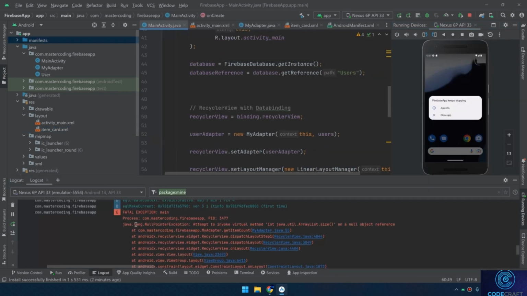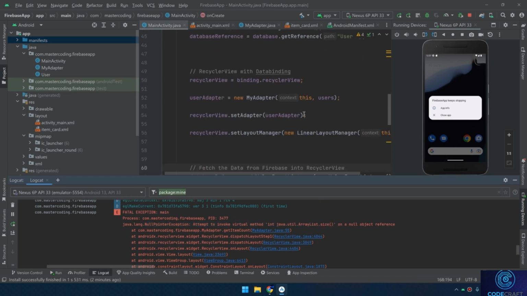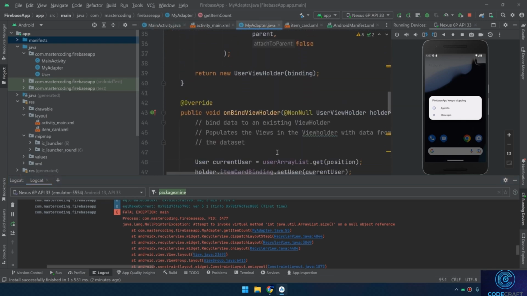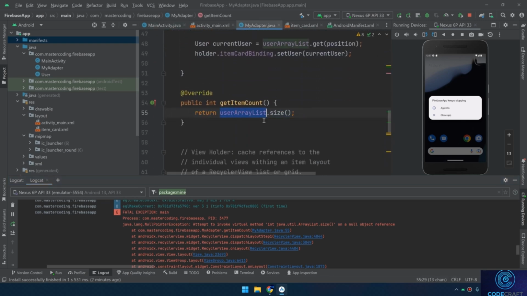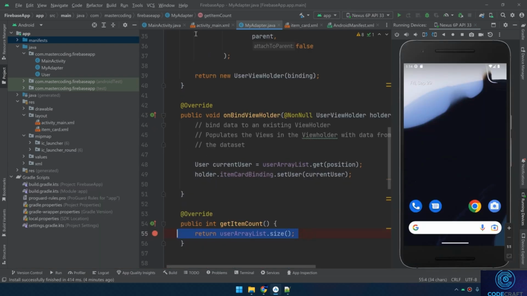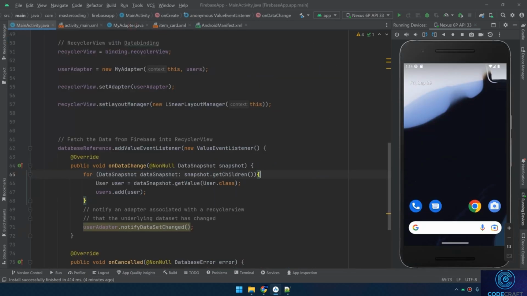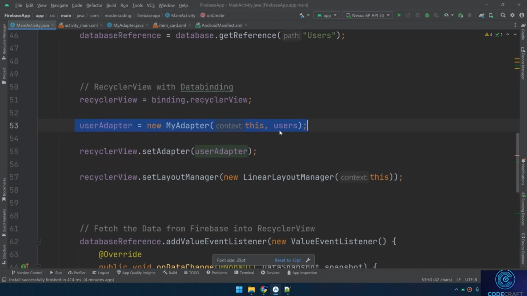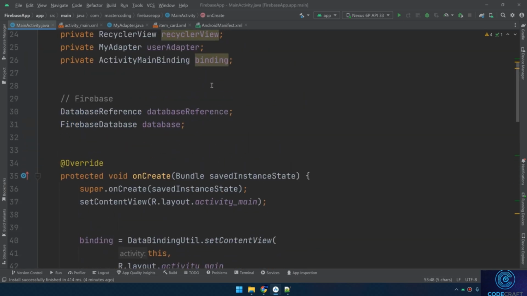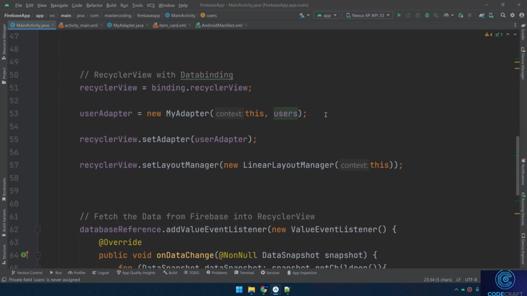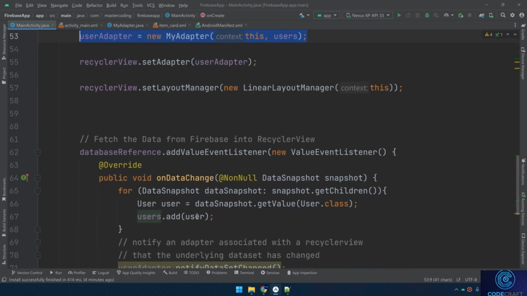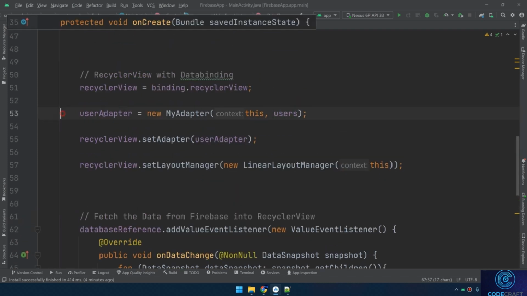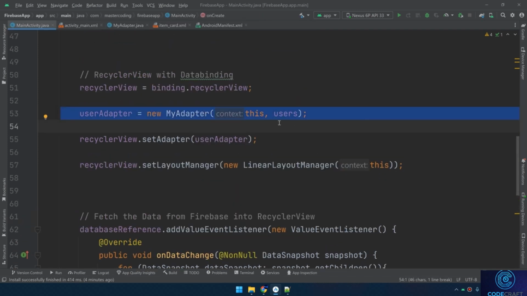And again, we have this error: attempt to invoke virtual method array list.size on null object reference. If we go to my adapter, this is the error here because the array list is empty. To solve this error, I can go to here and inspect logically this algorithm. If we scroll up, we can see the user's adapter passing this users, which is an array list. It's an empty array list. I'm passing it to the user's adapter and then initialize the users.add. So here I am adding the users, but here I am passing the empty array list, and this is what